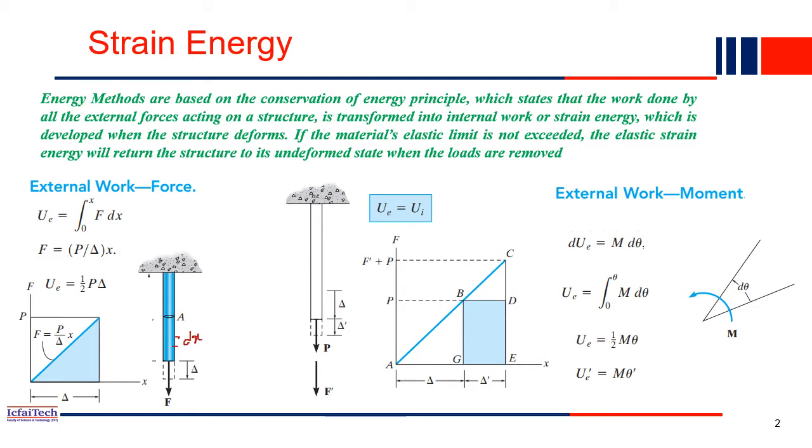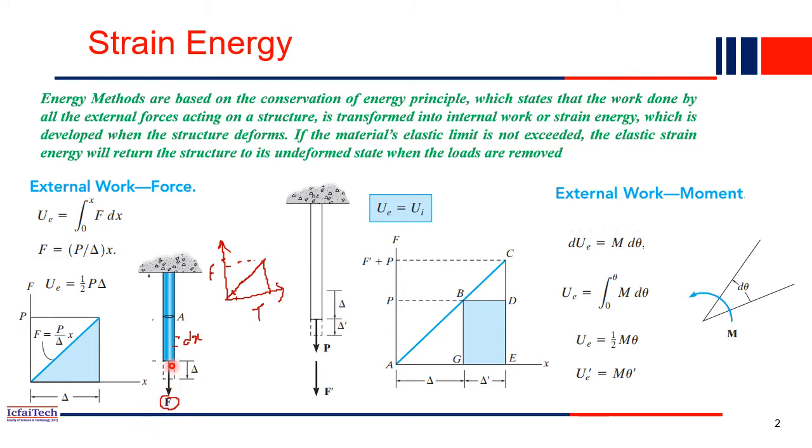See, F is applied gradually, right? So if I draw a curve, this is our F axis and maybe this is our time axis. So F does not act at time 0, gradually we apply the force F. So when time was 1 second, we applied only a small portion of F, like that. So maybe after a certain time we applied the entire force F. So basically this F is acted gradually, not as an instantaneous force.